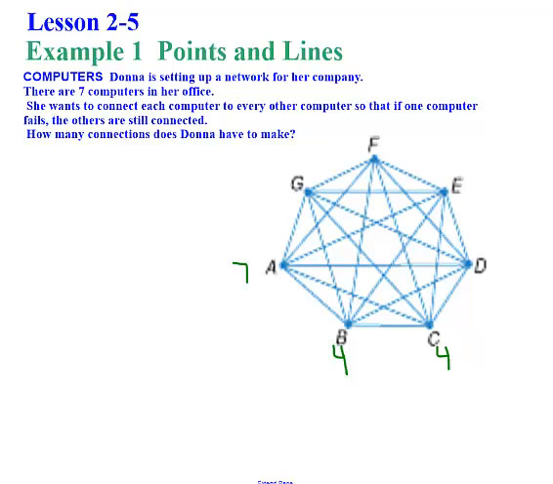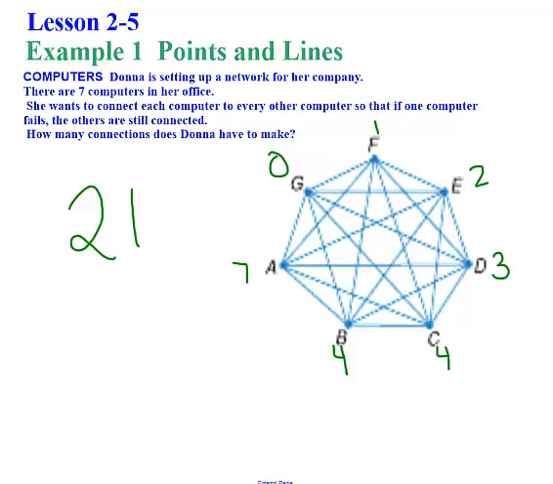more connections. If we move on to point D, we can make line segments DA, DG, and DF and make 3 connections. If we move on to point E, we can make line segments EA and EG, making 2 connections. If we move on to point F, we can make line segment FA and make 1 connection. If we move on to point G, we have already connected all of the other points with G, so there are no connections there. Adding up 7 plus 4 plus 4 plus 3 plus 2 plus 1, we get 21